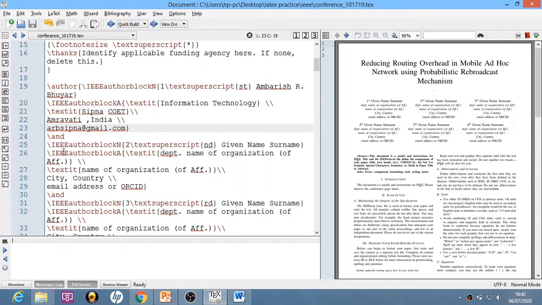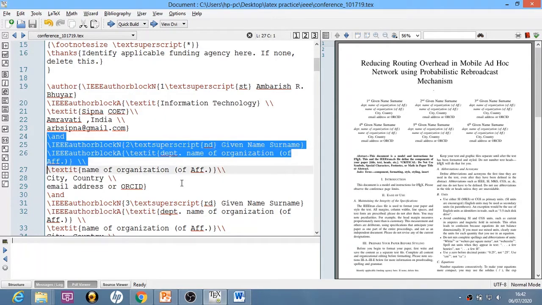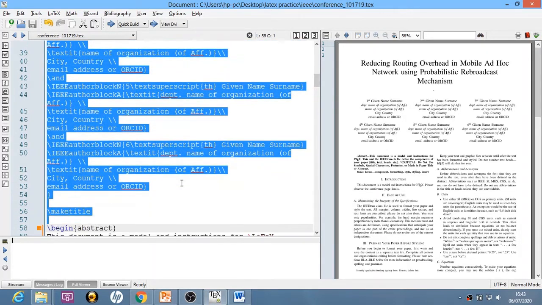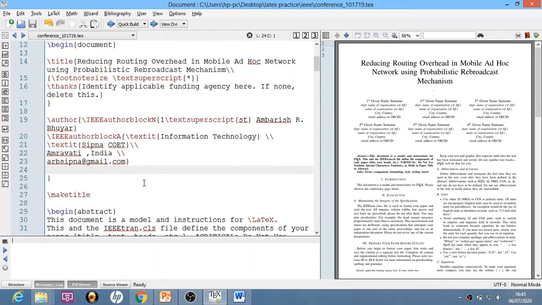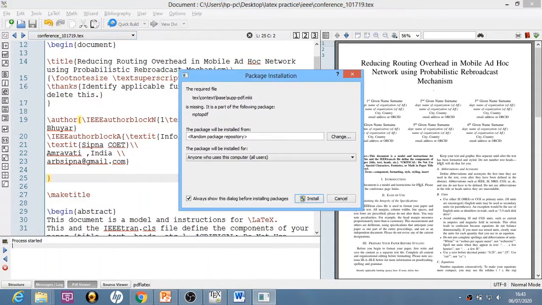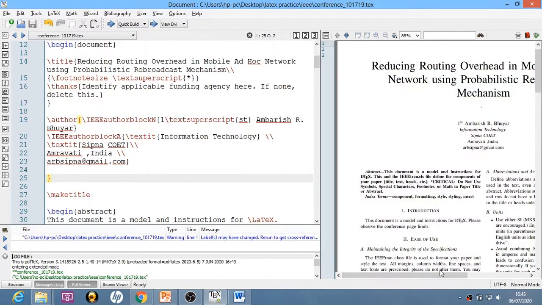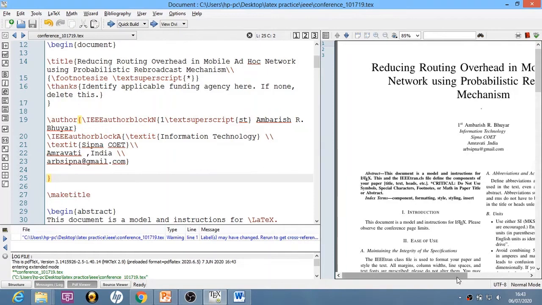Okay, so in this way you can add all the details. Now the rest of the 5 names are of no use to me, so I will delete them. Okay, now let us again compile it. You can see that there is only one author of this paper.